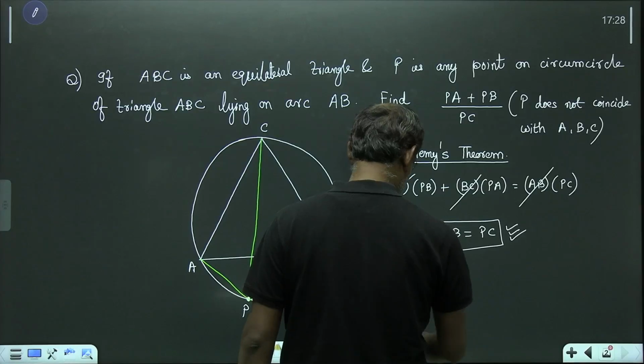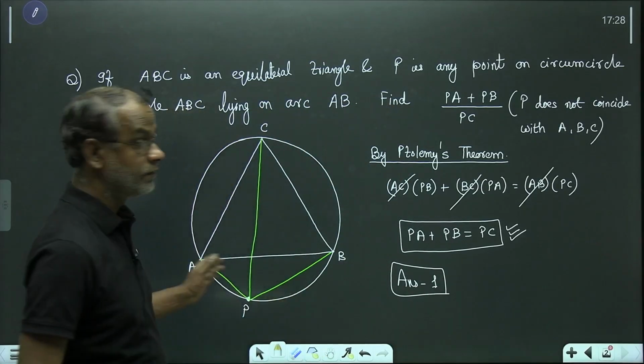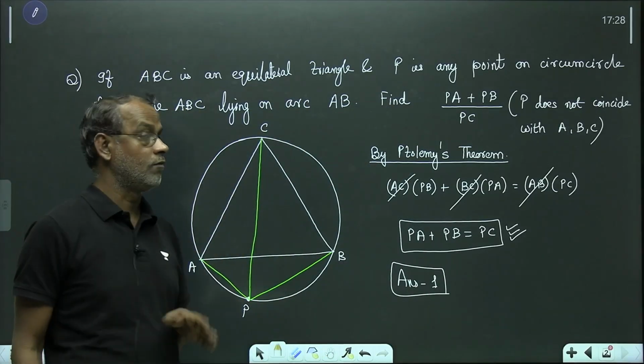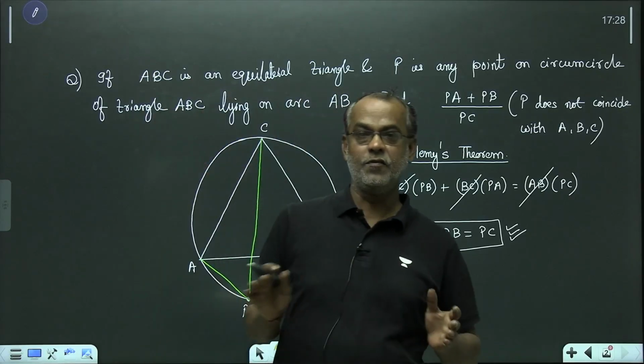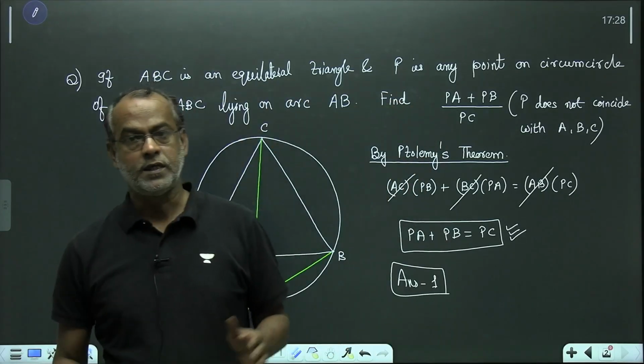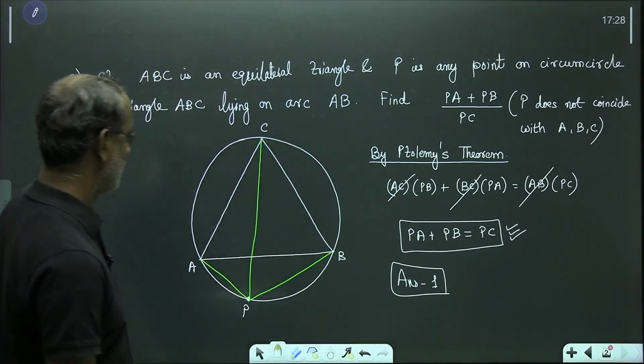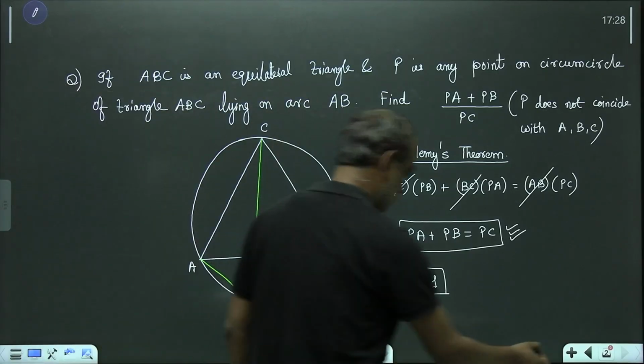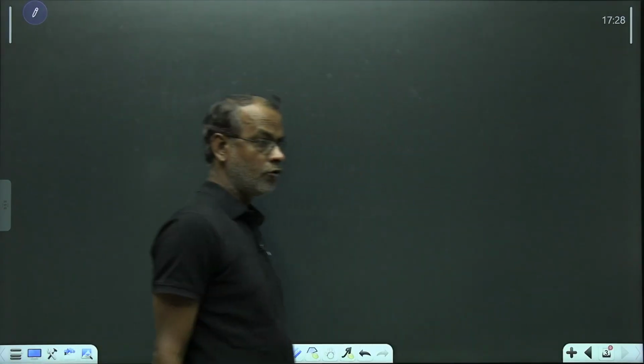Well, we could very well have thought of it that if P coincides with A, PA is 0, and PB and PC are equal. Okay, that is one way we could have done it, but this is just an application of Ptolemy's theorem. Moving ahead, suppose, let me take one more problem,